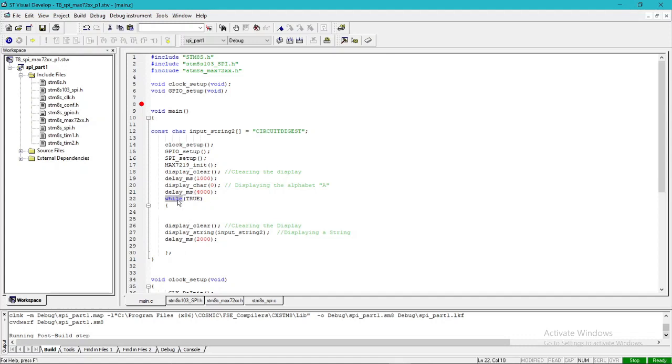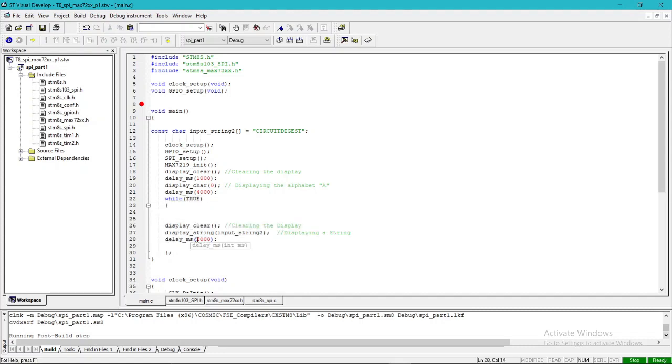Then in the while loop I am clearing the display, then I am using the display string to print our string, that is circuit digest. So it will print that string here, then it will wait for a delay of 2000 milliseconds, then it will end the loop.